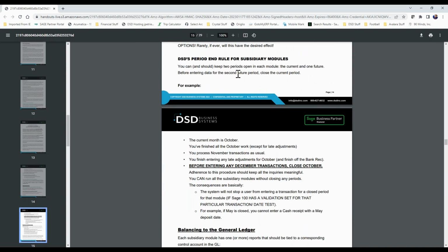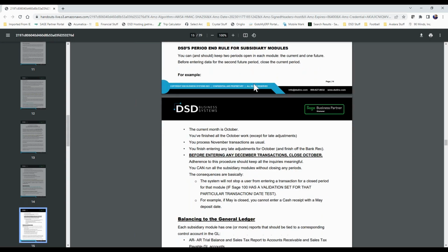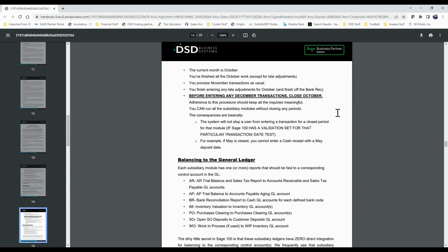You don't want to get multiple future periods ahead, and that really is a nod to that two bucket thing I was talking about. You can cause issues if you don't keep up with period end. I've seen companies that don't close AR all year, and it works, but it's frankly better if you keep it up to date. Examples of why would be if I go to,